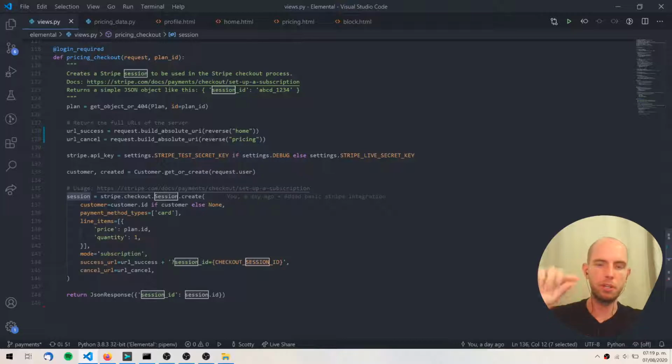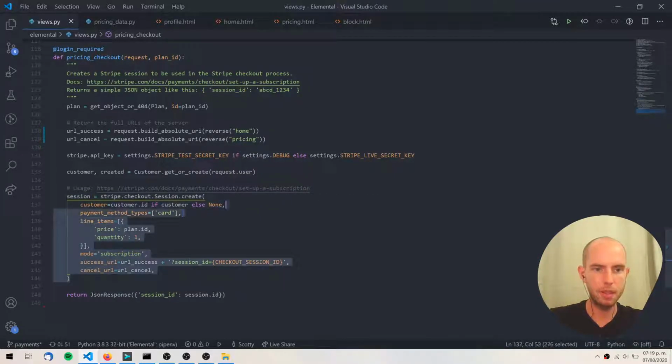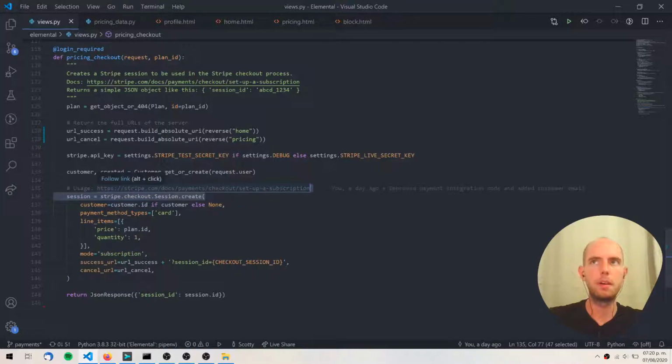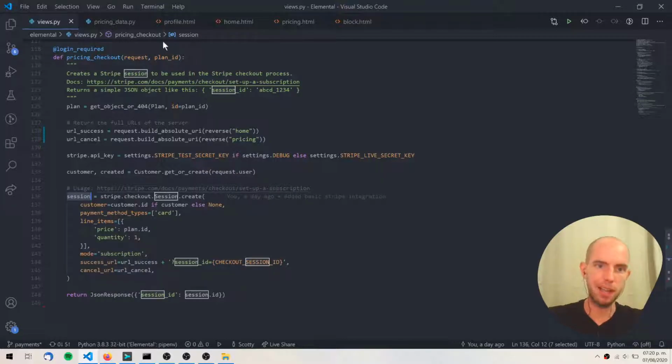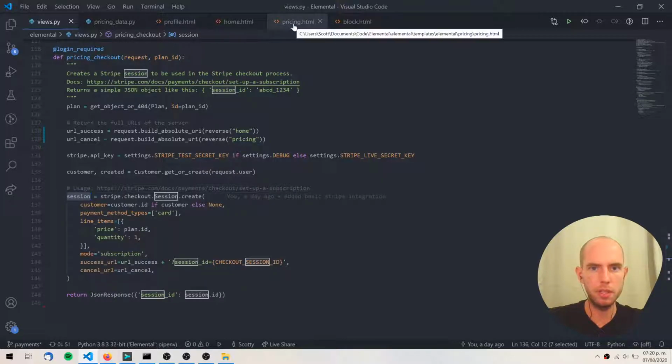And so I think what it does is it talks to Stripe, saves these details. In this case, the redirect URLs that I'm going to use, who the customer is, and what the plan is, and things like that. And so it does that call to Stripe, sends back a session ID, and then I pass that back to the client. And so on the pricing page,